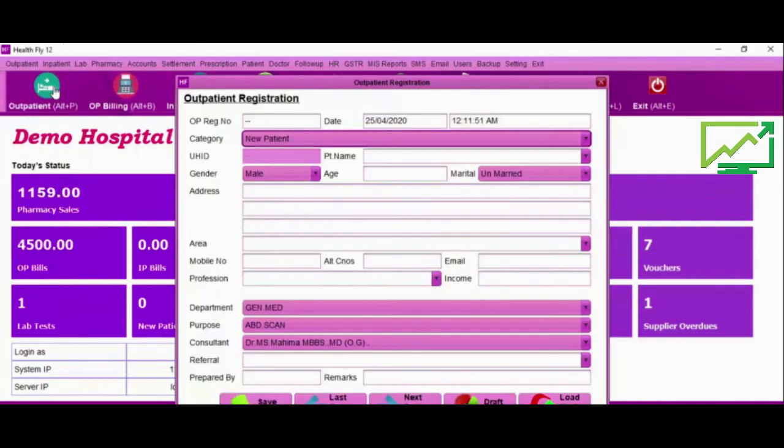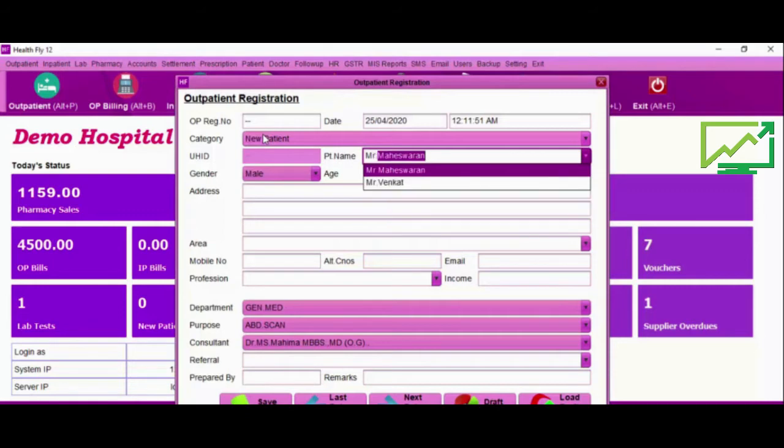First one is the outpatient module. New patient or review patient. It is UHID based software. So for a new patient, UHID will get generated automatically. Straight away you can enter the patient details.